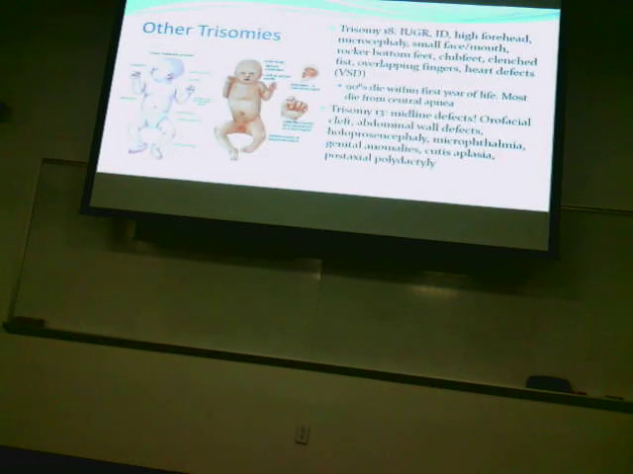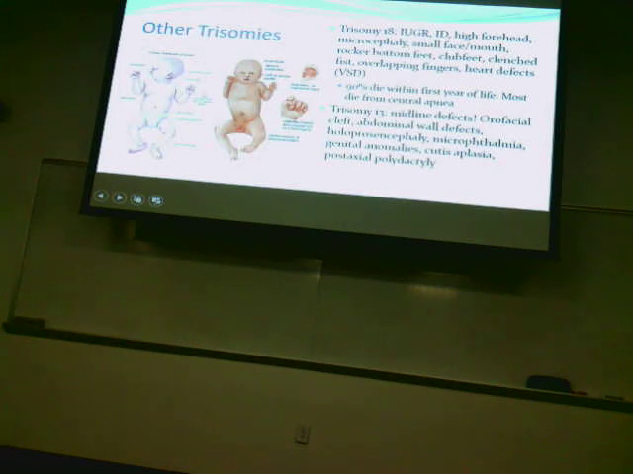The other trisomies we want to think about, trisomy 18. So we have IUGR, intellectual disability. In the presentation, they might have a high forehead, microcephaly, a small face and mouth. They have these rocker bottom shaped feet with clubbed feet. They have clenched fists and overlapping fingers, and the heart defect that they usually have is a VSD. So 90% of these die within the first year of life, and most of them die from central